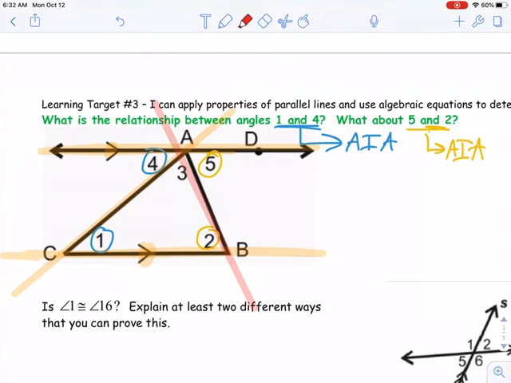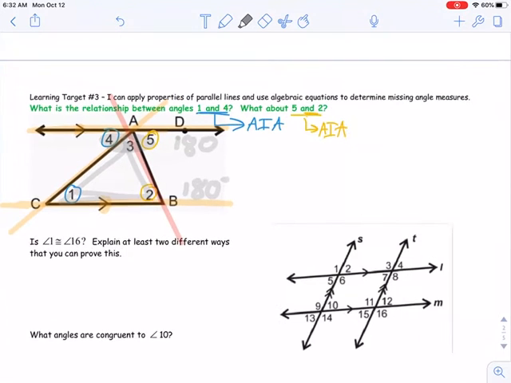And then just quickly, I'm not going to talk about this too much, I don't want to ruin a future lesson, but what do angles 3, 4, and 5 add up to? 180. Well, 1's congruent to 2, 2's congruent to 3, so if those add up to 180, then the sum of any angles in a triangle have to add up to 180. That's a little foreshadowing to the proof of the triangle sum theorem. Alright, stay tuned for more. But anyways,